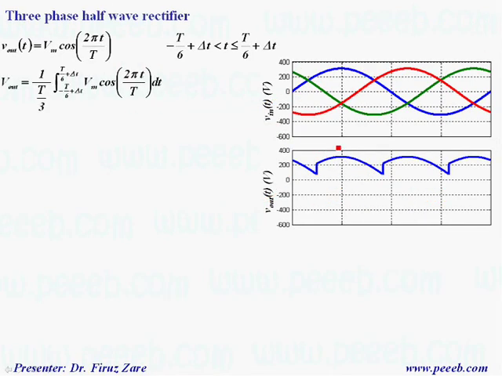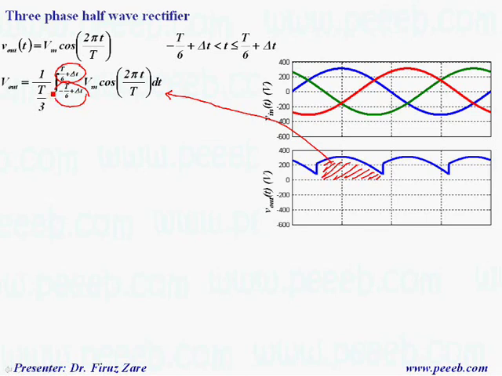So in order to find the output voltage, we need to find this area, which can be defined as this integral, where the lower limit of the integral is minus T over 6 plus delta t, and the upper limit is T over 6 plus delta t,